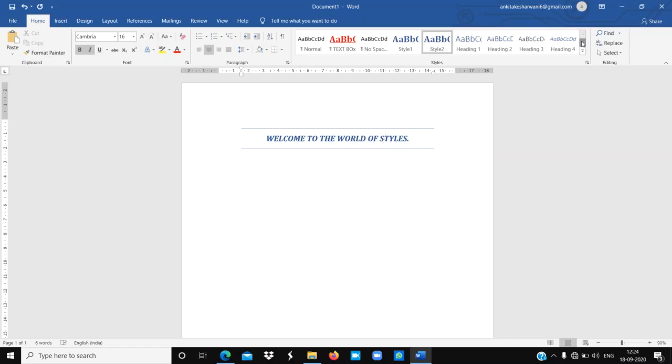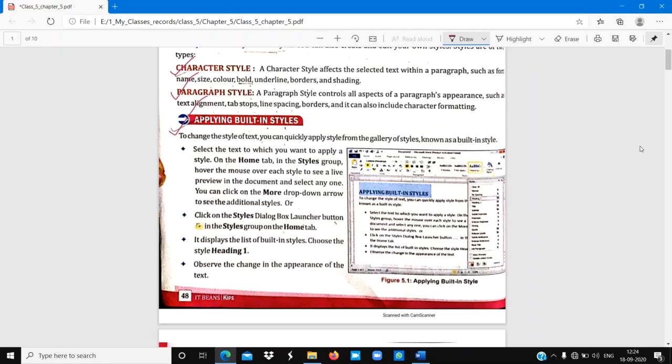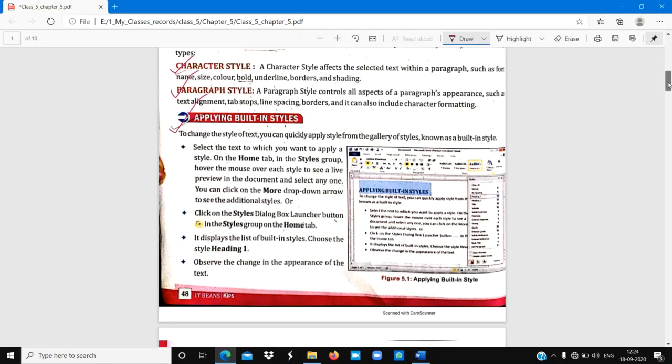From here you can drop down and up down and you can find many kinds of styles. Understood? And you can apply it and you can observe the changes after applying it. Understood, everyone? Now we will see how we can create a new style.